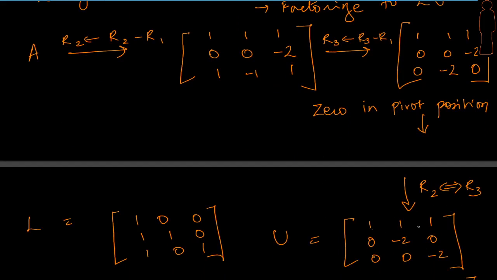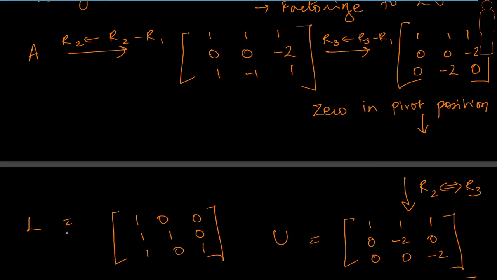Now we have got 1 1 1, 0 minus 2 0 goes up, and 0 0 minus 2 comes down, and this is great, right? So since this element was 0 here and got swapped here, this is already 0. We have already got our upper triangular matrix. There is nothing more to be done in elimination. Fantastic. Now from this entire procedure, we can easily bring up our L.